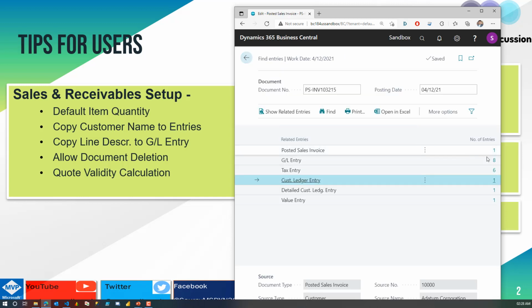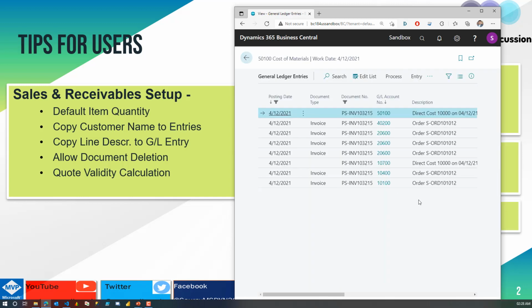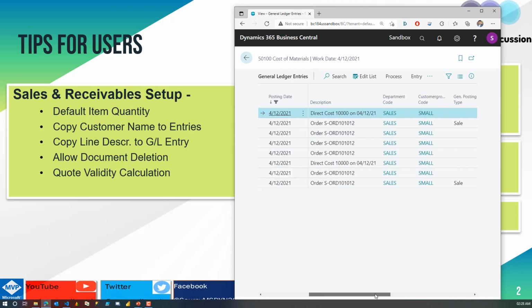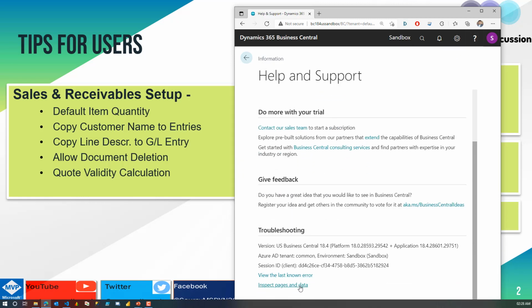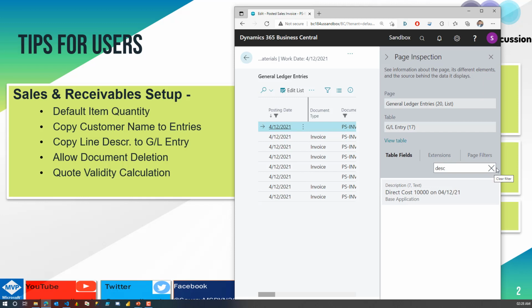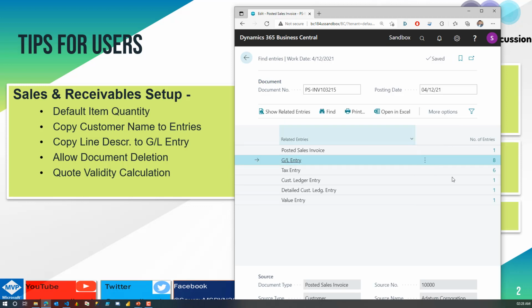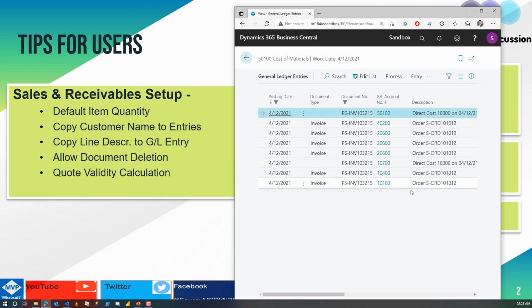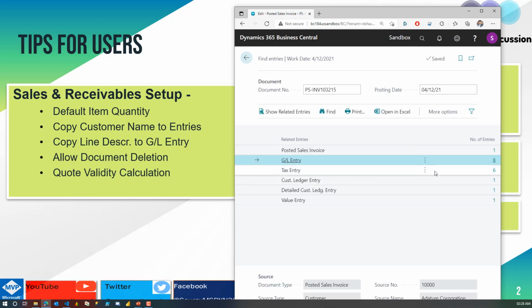Let's go back and see on GL entries, the description or the GL account name is not copied. And I'm hoping that there is a field called name. Let's see. Description, is that the field? Yes. So it came as the direct cost and things like that into the GL entries, as we saw for all these entries. Now let's go ahead and